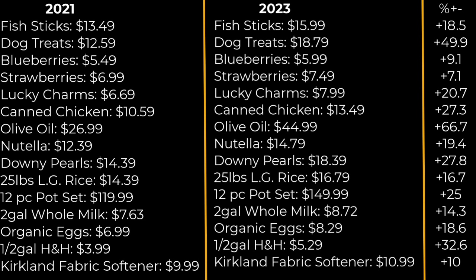I'm not going to go through the difference in nominal value per item, but as you can see, the fish sticks went up 18.5%. The dog treats, 50%. The blueberries, 9%. Strawberries, 7%. Lucky Charms, 21%, ladies and gentlemen. Obviously, you can see that I'm rounding up and down. The canned chicken, 27%. The olive oil, a whopping 67%. The Nutella, almost 20%, sitting at 19%. The Downy Pearls, 28%. The long grain rice, surprisingly, only